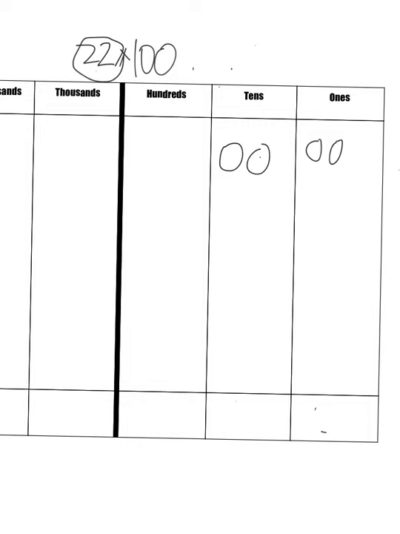All right guys, so the next thing we're going to think about is multiplying the number 22 times 100. So the first thing you need to do to multiply a number like this is simply to represent the 22 in the place value chart. So I'm going to put 2 ones, because I have 2 ones here, and then I'm going to put 2 tens as well, because I have 2 tens in this number. So I've represented the number 22 in my place value chart,